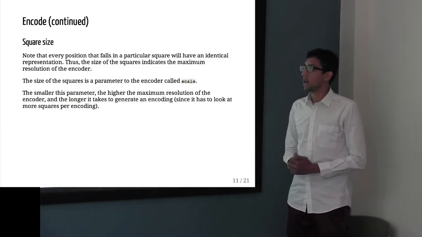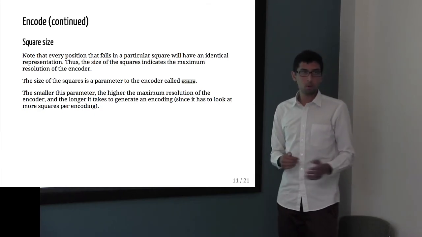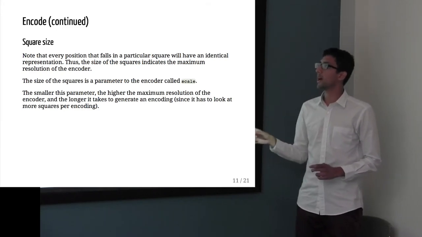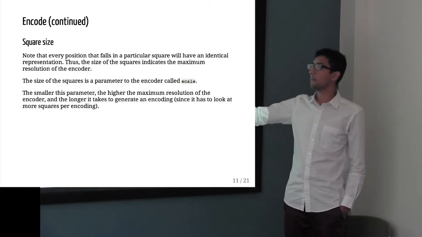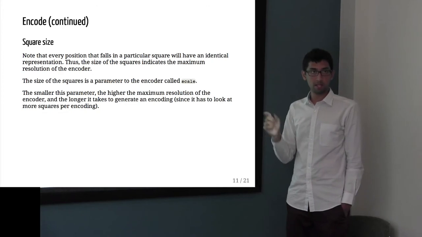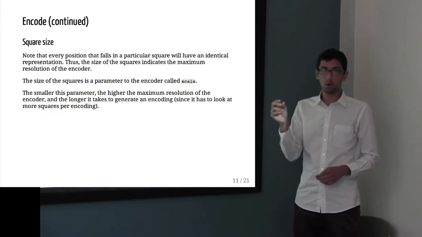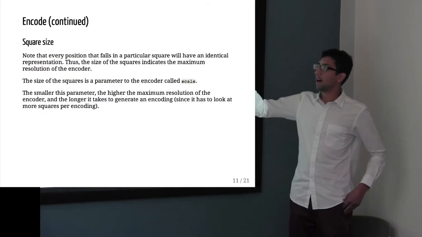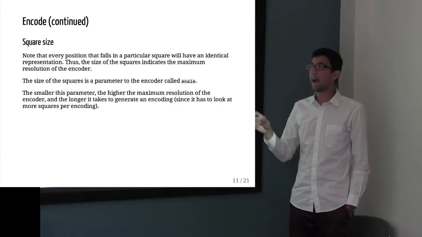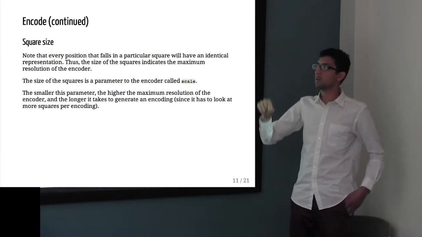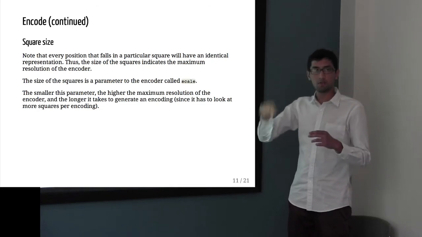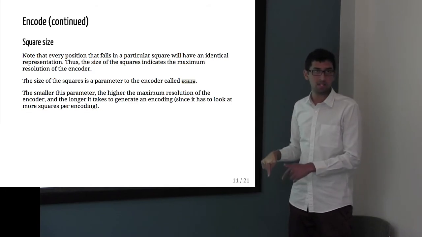Okay, so if you go back 2 slides, there's one more consideration. Another question you could have asked is how you determine the square size we talked about earlier. That's the parameter called scale. If you make scale smaller, the number of squares will be higher and each square will be smaller, which means the maximum resolution of your encoder will be higher. Every position is going to fall into a particular square, and